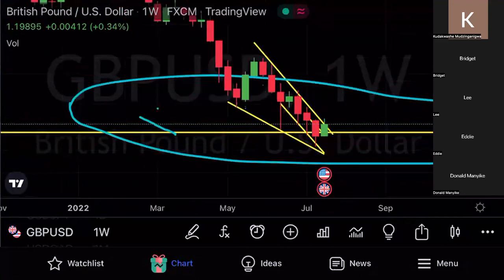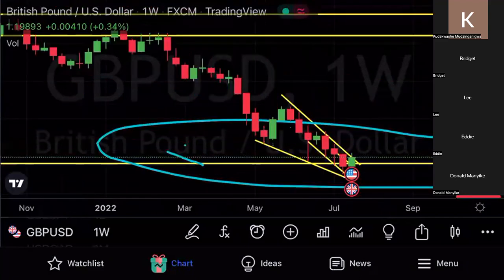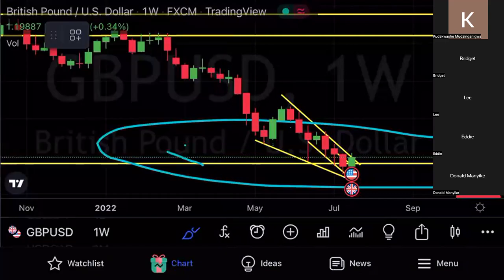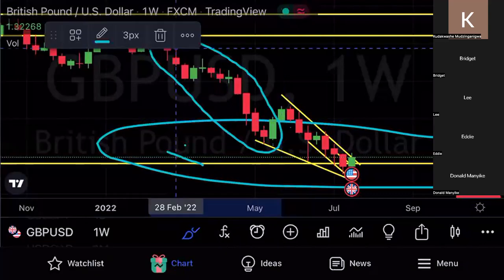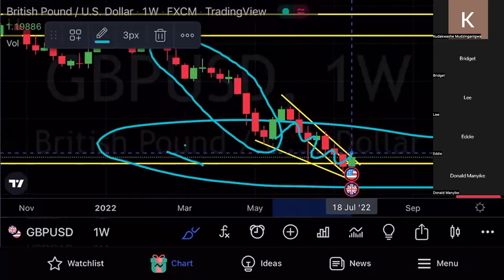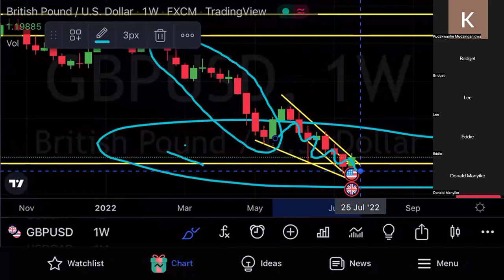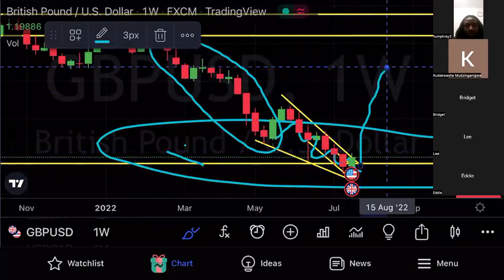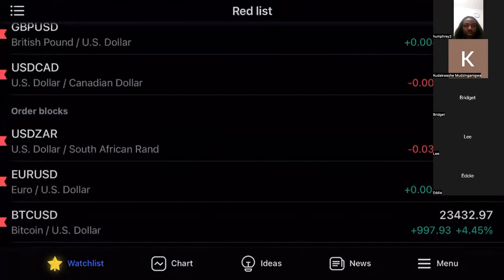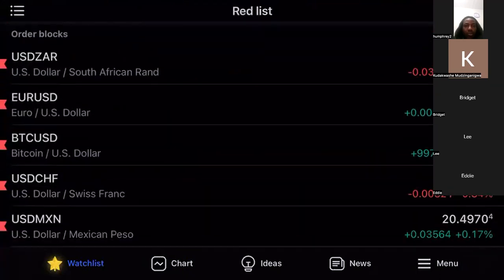We can clearly see that we had an impulsive move. This price action was impulsive, an impulsive move to the downside. But the way we started correcting whilst reaching our area of value gave us an indication that there is a high probability of price pushing to the upside. Let's change to another chart so that we see that these things happen over and over again.